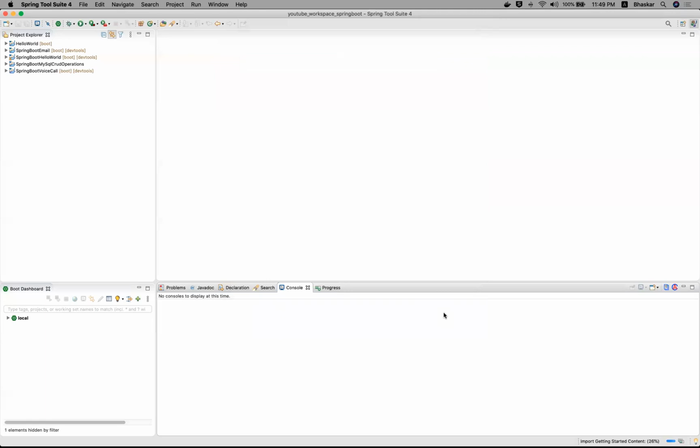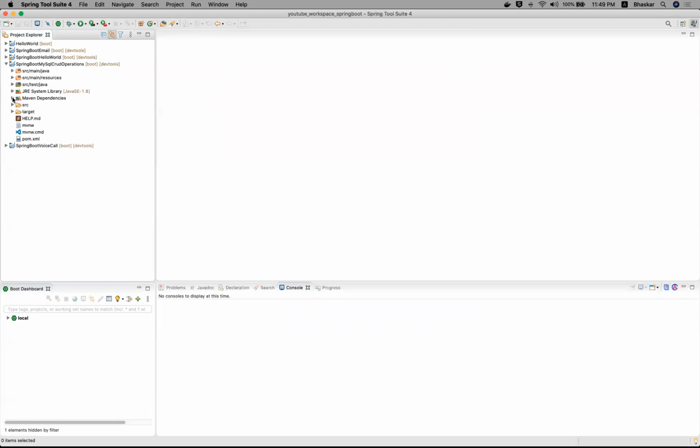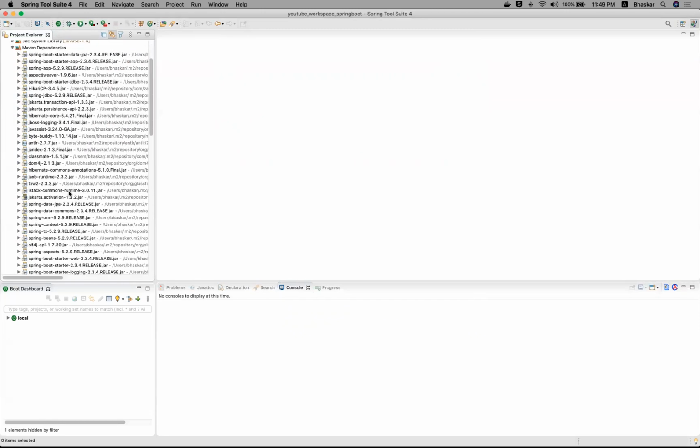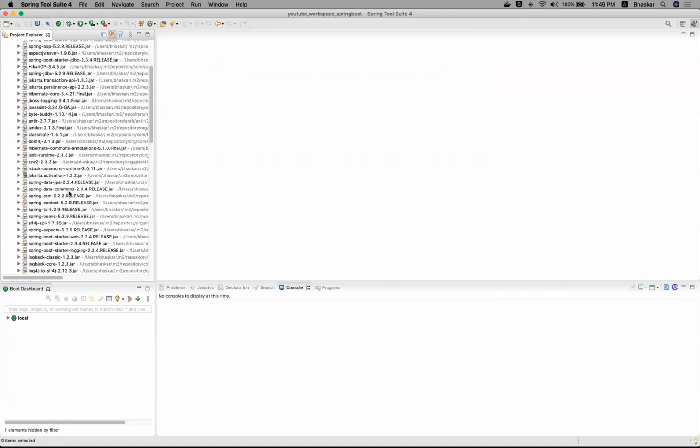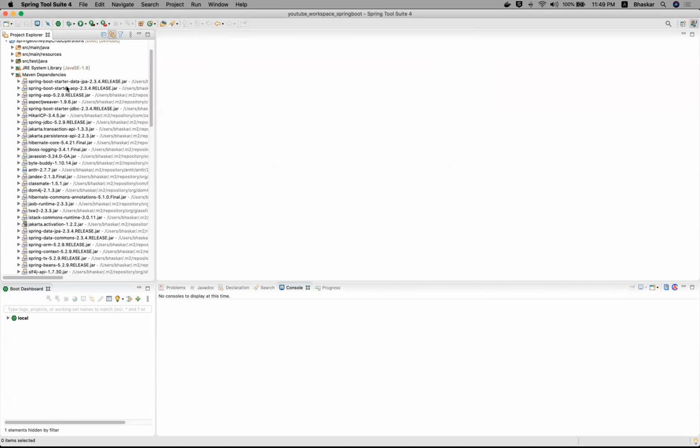If you are creating it the first time, it will take some time to download all the jar files. For me, it is already downloaded in my system. Now try to see here. These are the Maven dependencies, all of them you can see here. Your Spring Data JPA, auto configuration classes, everything will be available inside these jar files.